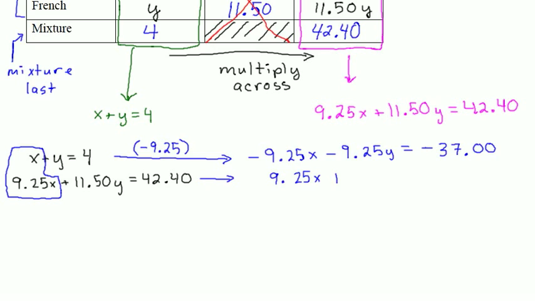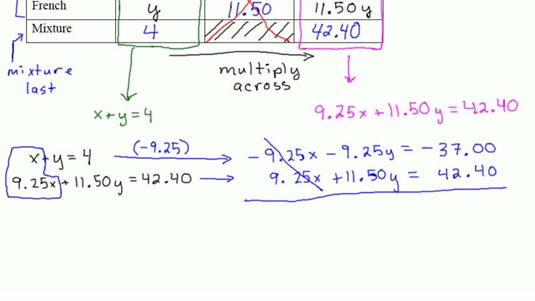And next I write down the second equation with no change. 9.25x plus 11.50y equals 42.40. So that the x's drop out, and I combine the y's to get 2.25y